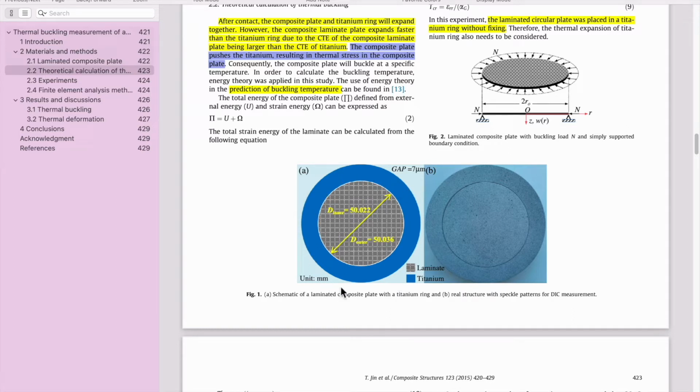Here, as you can see, there is a circular plate and an annular plate, made of two different materials, and they are subjected to some uniform temperature loading. One is an epoxy composite, and the circumference is titanium. Since there is a huge difference in the coefficient of thermal expansion, when they are subjected to the same temperature, because of the difference in the coefficient of thermal expansion, the inner